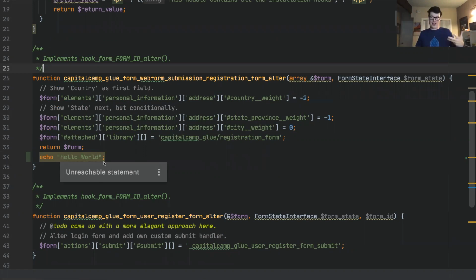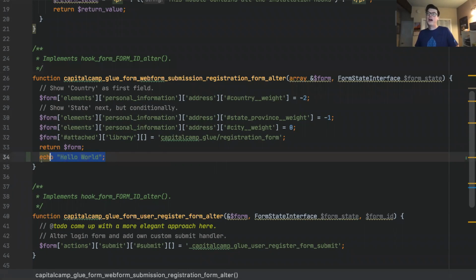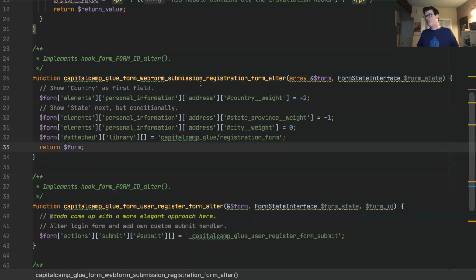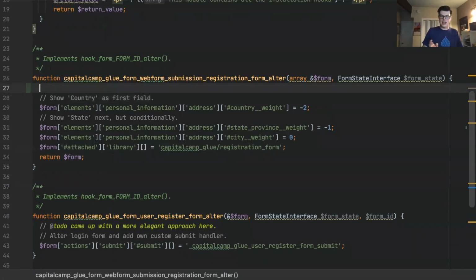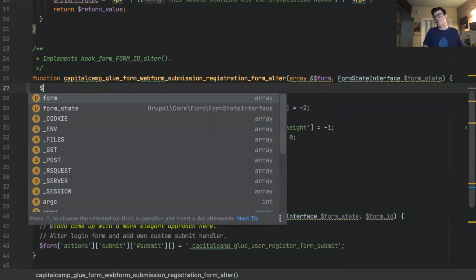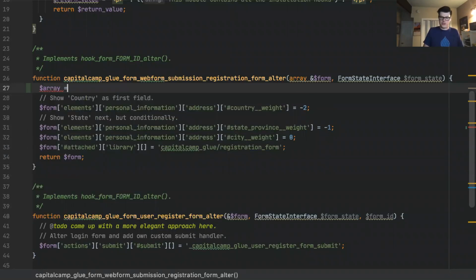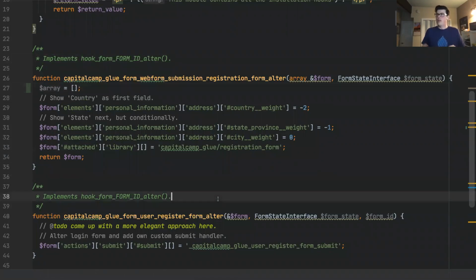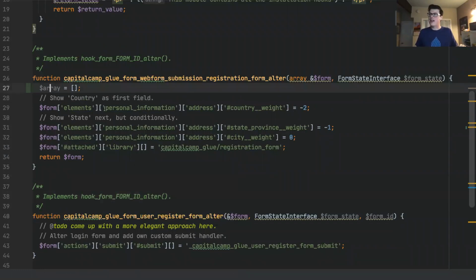So it's going to tell me, hey, dummy, you're writing code that is never going to run. Other simple little examples, I could do an array equals array, thinking that I need an array for something and I'm going to use it in my code. And then I get all the way to the end and I'm done and I glance back up and I realize, oh shoot, I defined this array variable and I didn't actually use it. So I can safely get rid of this